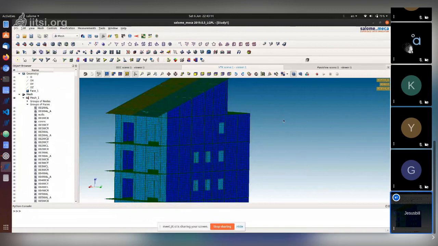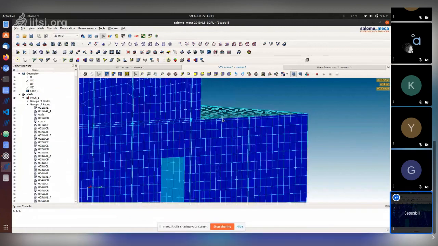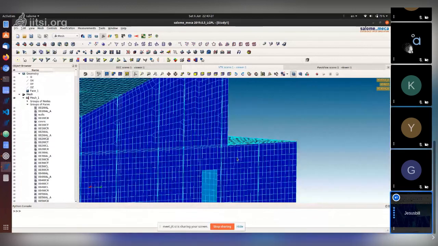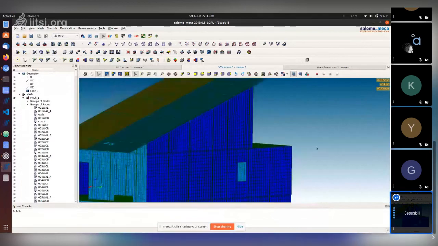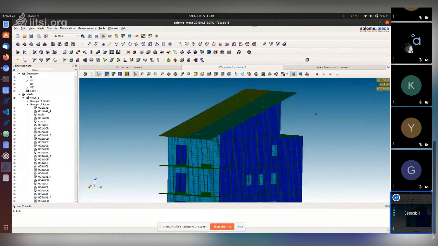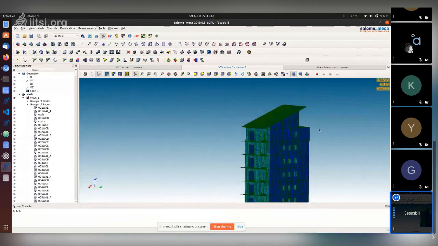For example, let's say that I have two edges, let's say these two and the other. Sometimes you have to have coincident edges so that when you mesh them, you're going to have coincident nodes. If you want to have coincident nodes, you have to consider some specific meshing strategy. In this case, for example,